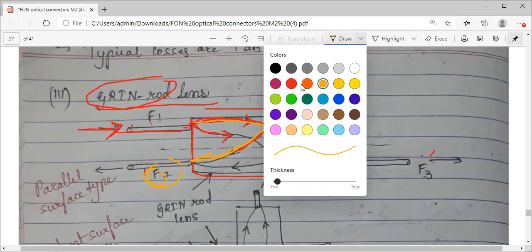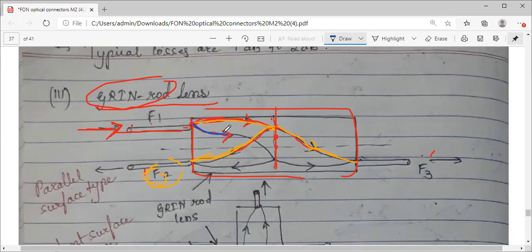This yellow color line is one ray which is passing when your beam gets split. Now coming to the second one, the split beam. Again, it cannot follow the first path. It has some different paths to follow. So it will again hit the surface, and because of the reflection, some amount of the signal gets reflected and some amount gets transmitted. So now this is your beam splitting and reflection.